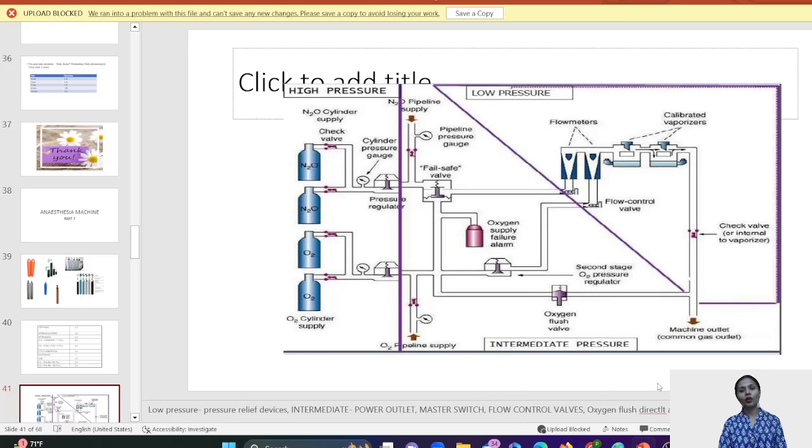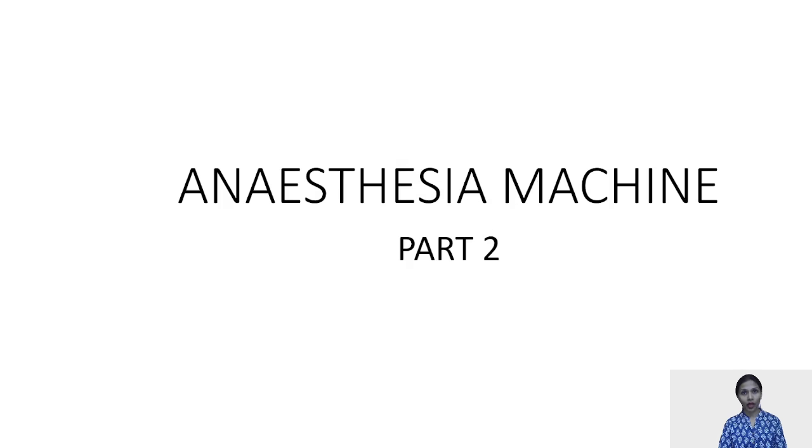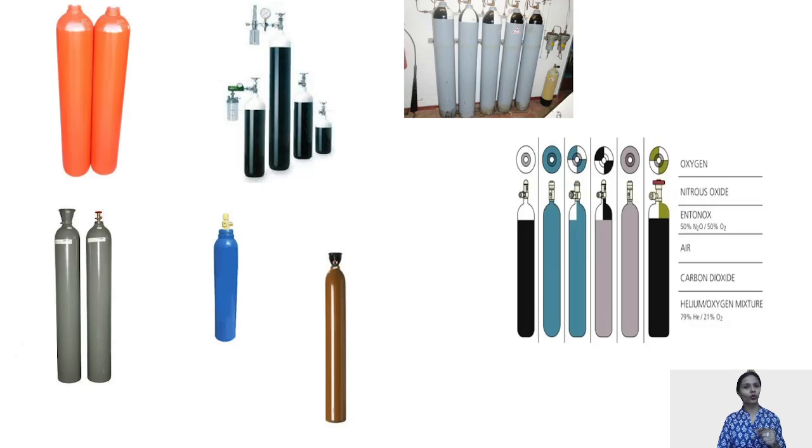The topic that we are going to do today is your anesthesia machine part 2. If you all remember, we have already covered the anesthesia machine part 1, in which we covered the high pressure system. In part 2, we'll be dealing with the intermediate pressure and low pressure system. But before we start, I had told you that there are some parts of the cylinder which have to be memorized and revised again and again so that they become inculcated in your mind. So before we begin with the intermediate system, let's have a quick recap of those.